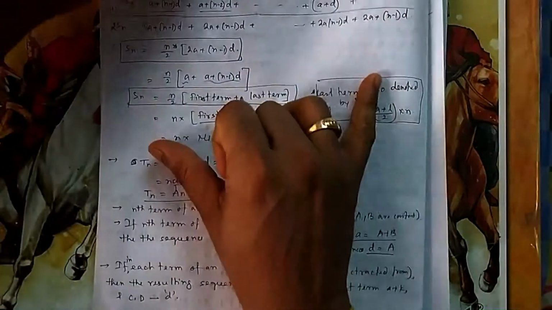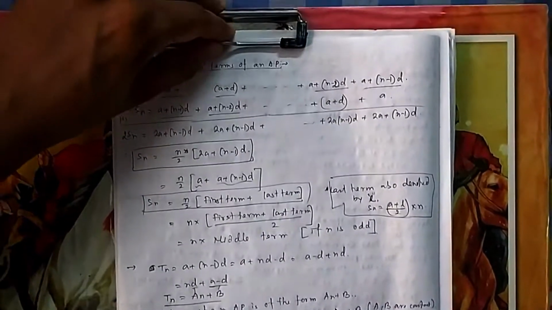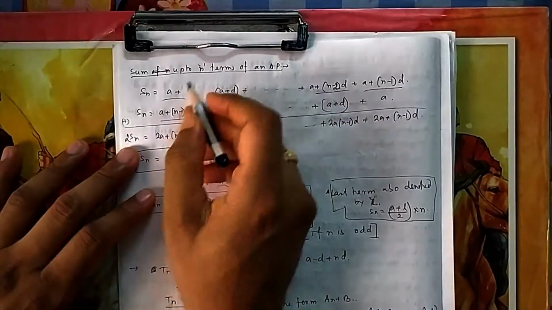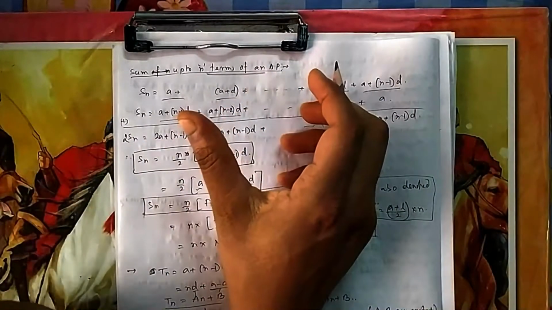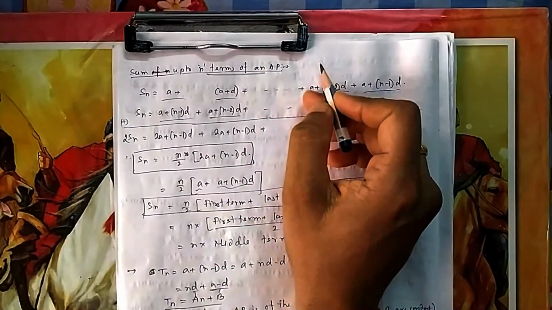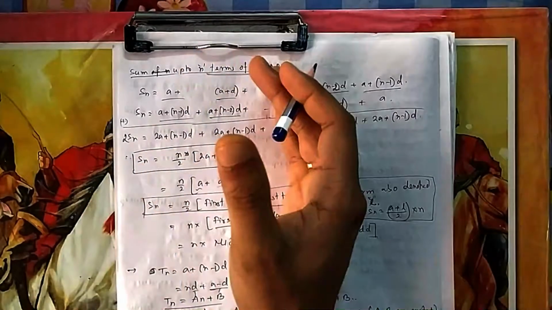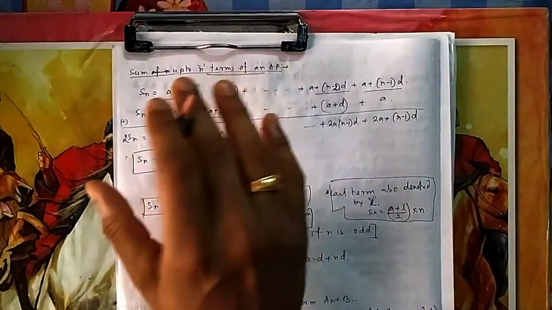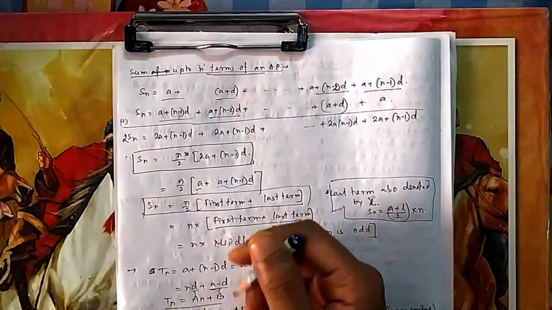Now if you want to find the sum up to n terms, not sum of n terms, sum up to n terms of an AP, you start by writing the AP, that is the series, the summation of that arithmetic series up to n terms. Up to n terms means you will write up to n terms. If I say up to 3 terms, it means T1 plus T2 plus T3 will give you S3. That is the meaning of S3. If I say S2, it is T1 plus T2. We will see this one.